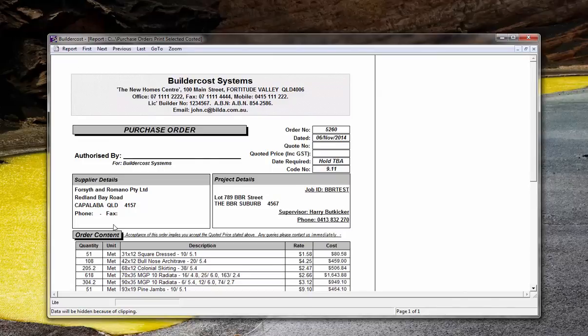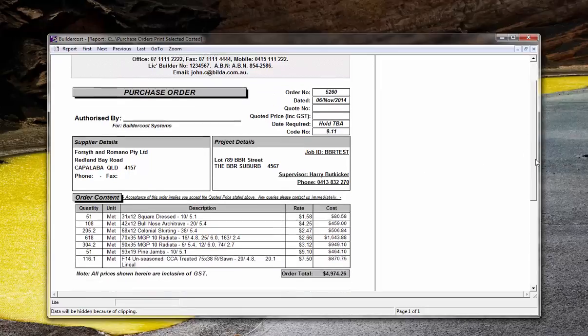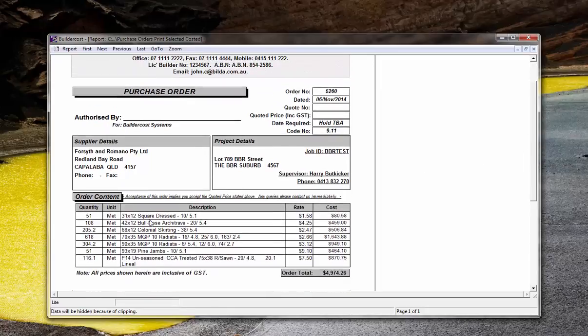So this is where we print the order out and send it in advance to the supplier prior to us needing it at the site, just in case there's some of the materials on here that may need to be ordered in, for example. So the order's placed, so the supervisor then simply calls it forward. So there's no need to be rushing around from the job, measuring materials, running off to the supplier and placing the order and waiting for the order to be made up. You simply tell them to hold it and call it forward when it's needed. Now the calling forward process happens,